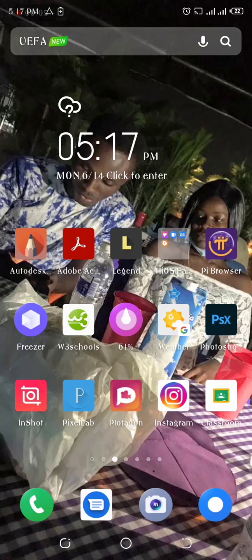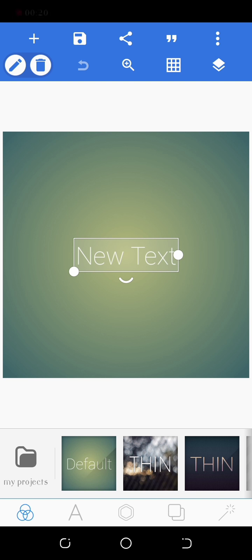In this video, I'll be showing you guys the interface of Pixellab and how to make use of it. I'm so happy you guys are able to make it to this extent, where I'll be showing you everything about smartphone design. Now, graphics, they said, is creativity. But you know what? It's not just all about using your system, but you can as well make astounding designs using your smartphone. So, these are the features of the Pixellab app, which we'll be making use of during our